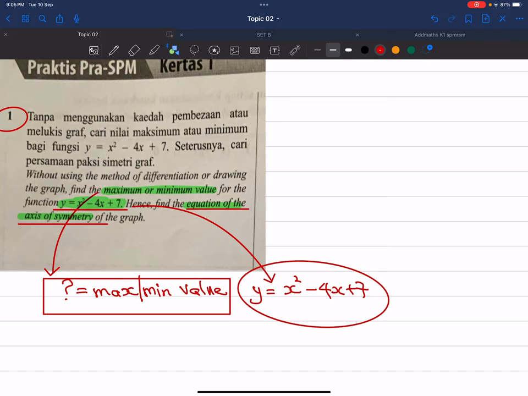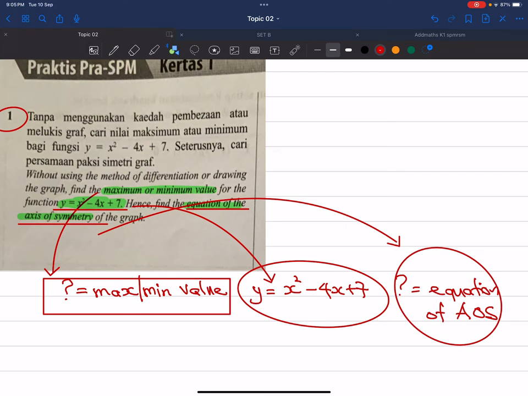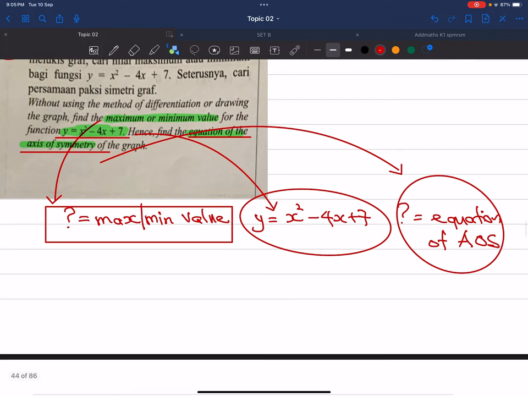I'm also going to collect this, which is, they are asking equation of axis of symmetry. I'm writing this in short form. Okay, that's it. So we are now given a function and they're asking maximum or minimum value and the equation